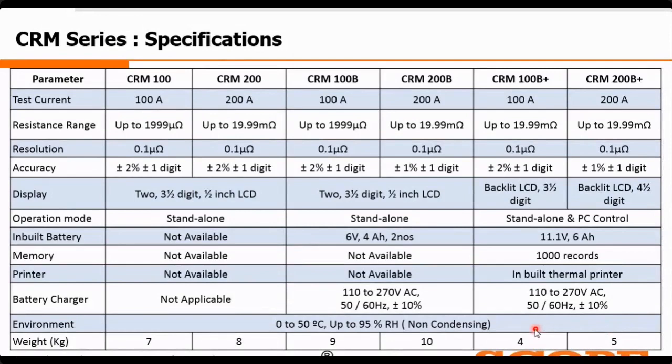That's why I told you it is an ultra lightweight model. Only the 100B Plus model is up to 4 kg, and the 200B Plus model is a very ultra lightweight 5 kg model. So this is the major difference we have made in the Plus series, along with the other features we have included, like the memory and thermal printer.